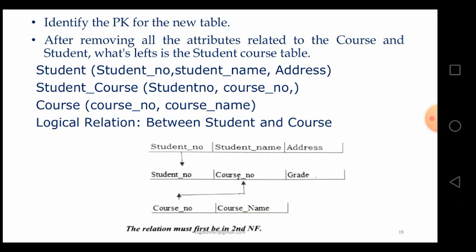Here student number is taken from the student grade table. In that, student number, student name, address are the three fields. Next, student number, course number, grade is another table. These are the fields used, and course number is received from the course table. Whatever repeated attributes are there can be removed from the table. That is second normalization.